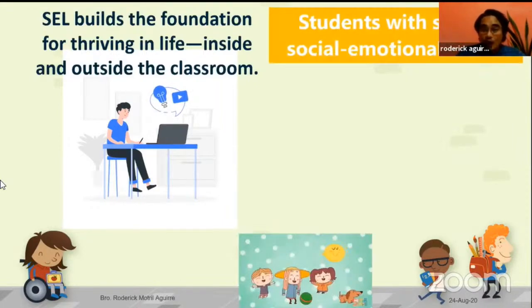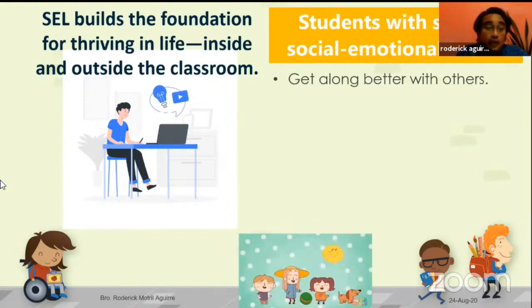All right. And so students with strong social emotional skills have been found to get along better with others. All right. Kahit sino na kasalamuha nila, kaya nilang they can socialize with. I think I would like to thank my mom and my dad for that. And one of the things that make me be able to adjust to other people is that I know that I need to adjust. Even if people don't like me, I need to respect them for who they are, because that's what people are. Not just because of what people would do.